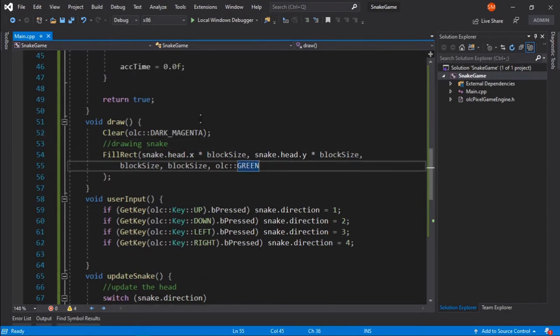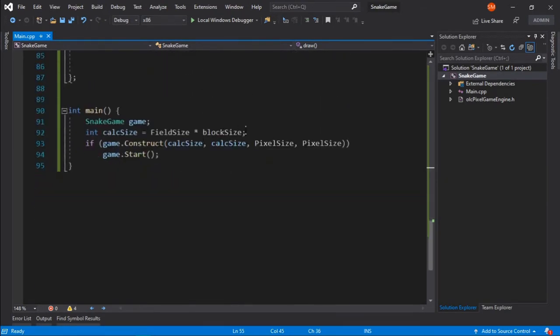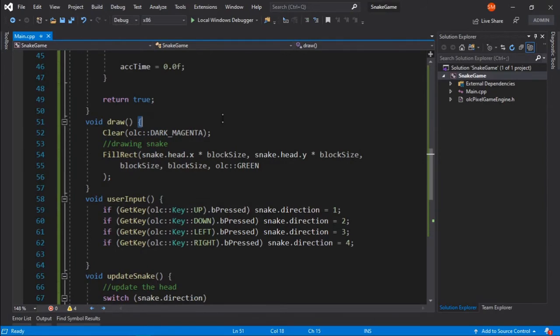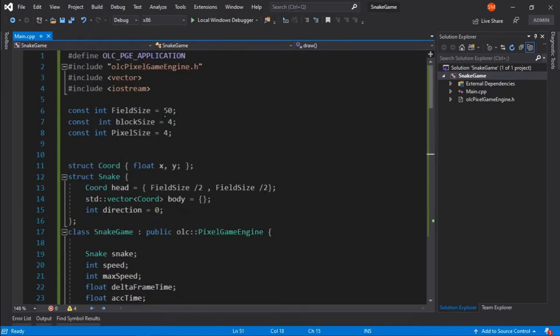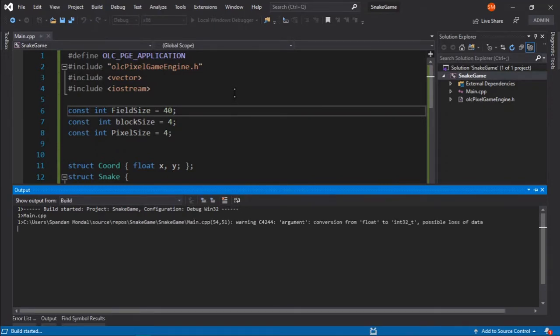Now that being said, we have both calc size and calc size here. Clear the screen. Let's reduce this 50 to 40 to fit our screen, and just run this one more time to see if everything is working as we expect.